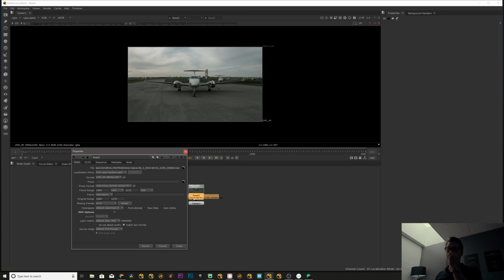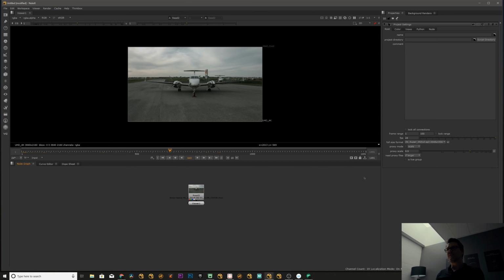So we're going to be tracking this shot. We're going to just take a segment of it from 1000 to 1175. So the goal here is to show you how to quickly create a camera if you have all the proper information